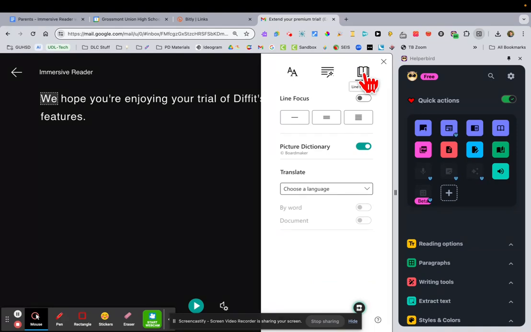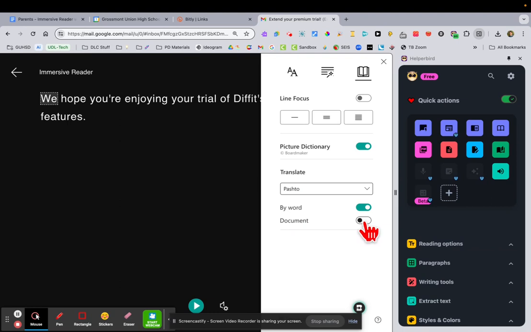The most important thing here is the translation. I'm going to focus on this. So what I can do is click on choose language, and there are over 80 languages to choose from. One of them that I want to show you is Pashto. So if I find Pashto right here, okay, and now after I select Pashto, I'm going to go to document